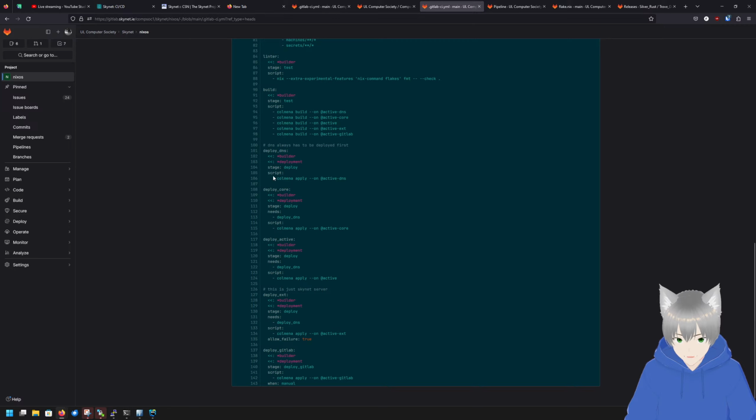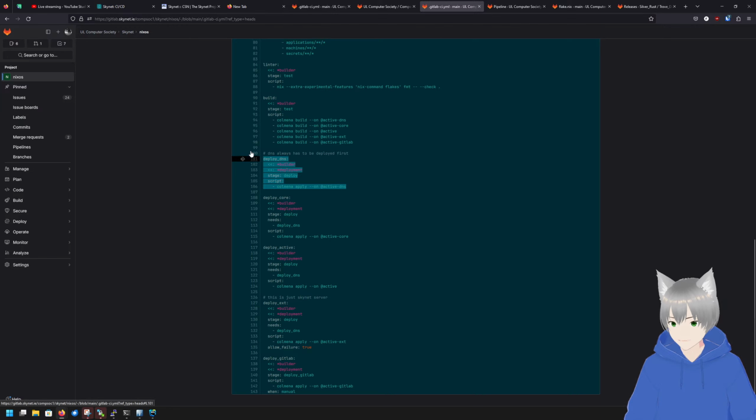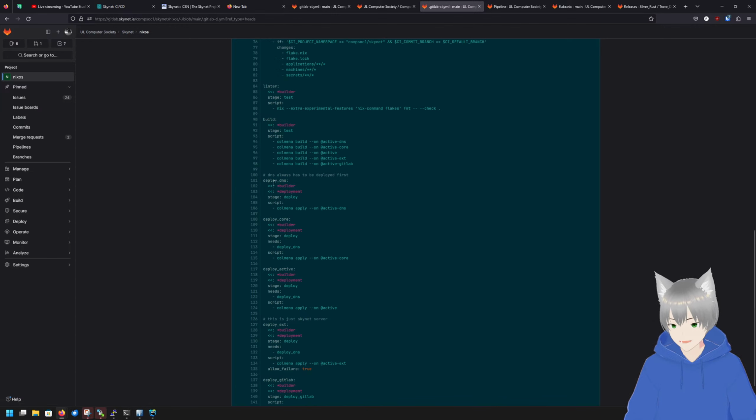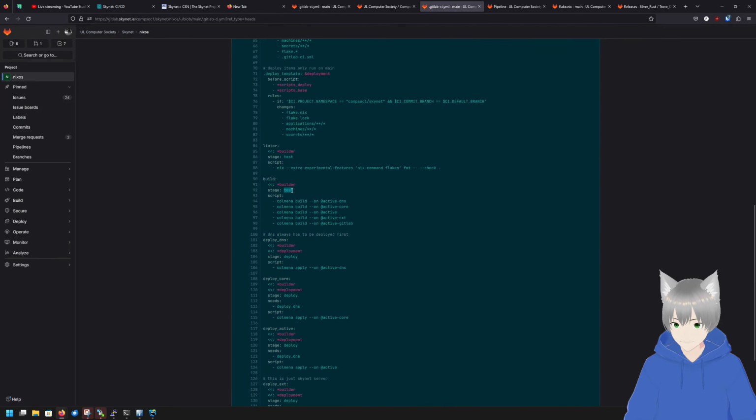And then these are the deploy ones. So jobs are run based on where they are, A, in the stage, and B, in the text file. So all the test stuff will run before the deploy stuff, no matter where they are in the file.